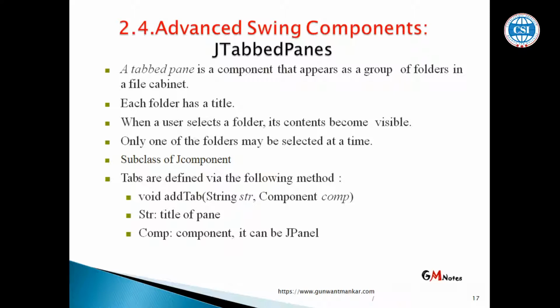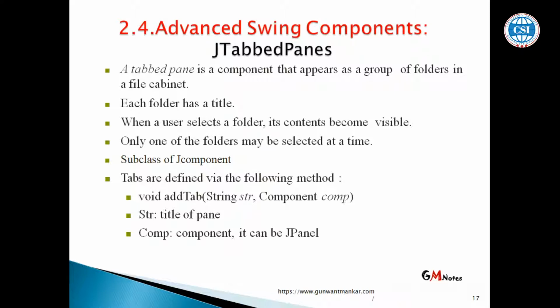We already know what a tab pane is. You can see the window. For example, we have departments like CO, computer department, mechanical department, electrical department. When we click on the CO department, it displays the information of the CO department, and other windows are hidden. When we click on the mechanical department, it shows the information of the mechanical department, and other information is hidden. That type of tabs we can create with the Swing package components.